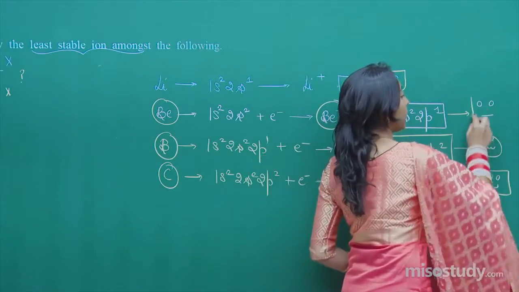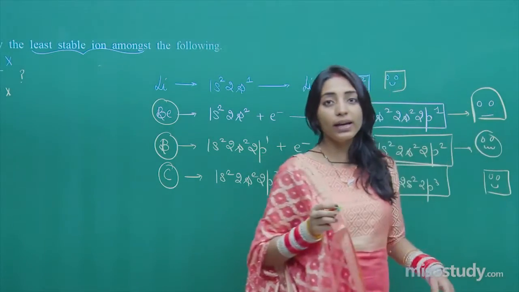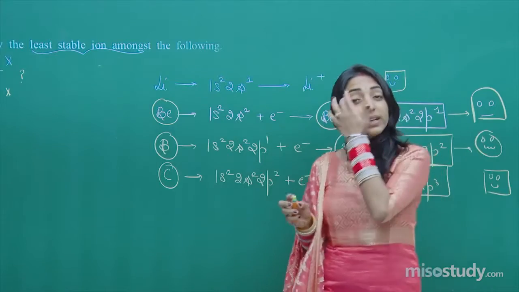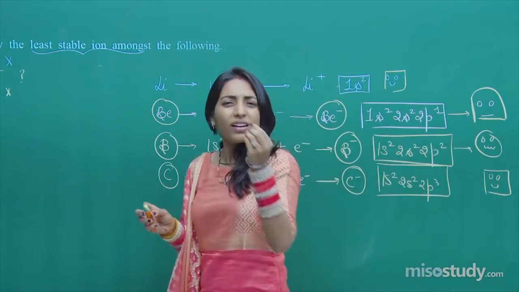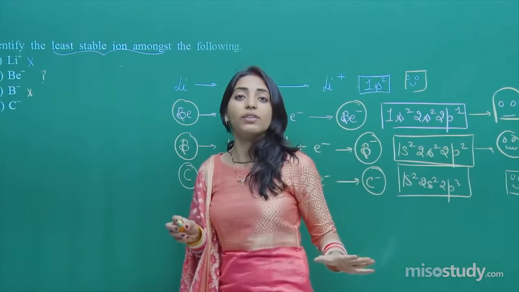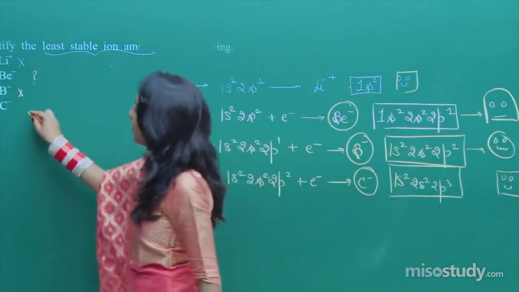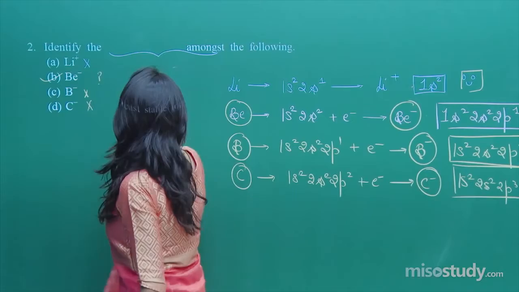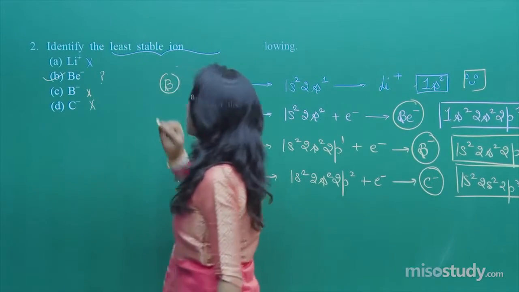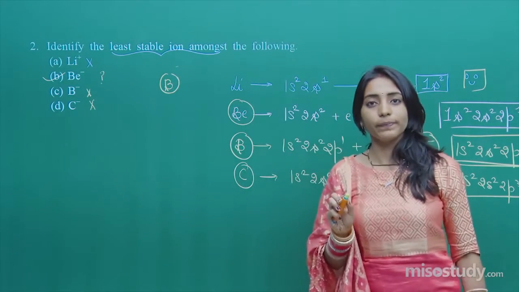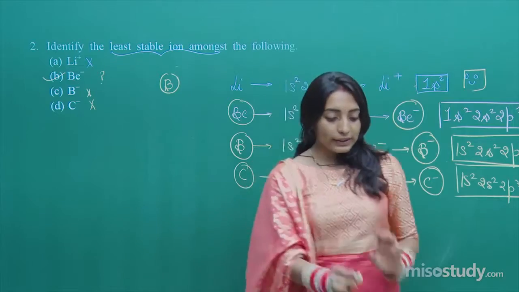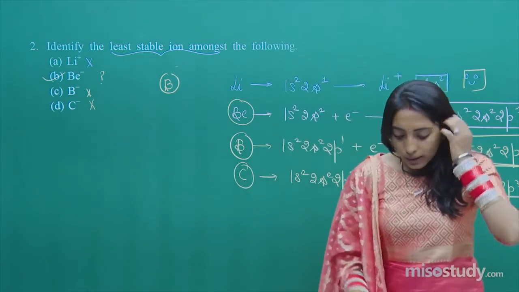But if I compare Be minus, this is sad. Why? Earlier it was happy enough, quite stable, much more stable. Now it got one electron and everything in his life was ruined, right? So the correct answer will not be even C minus. Our correct option for this particular question is option number B. Clear? So this was about our second question.